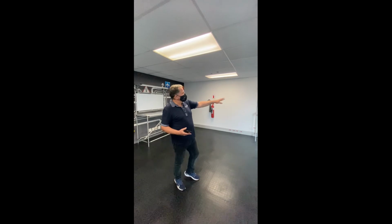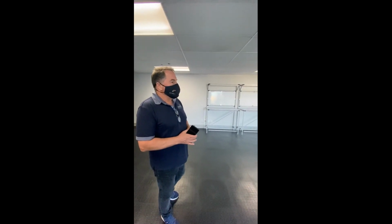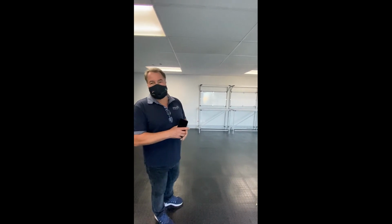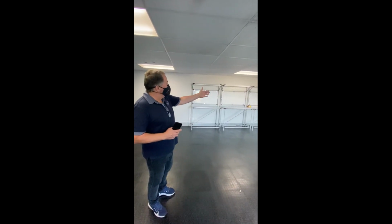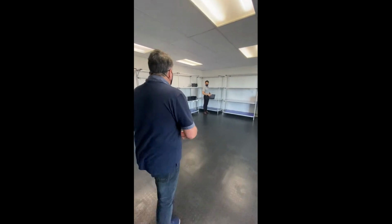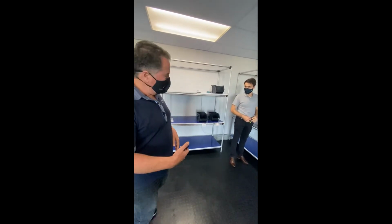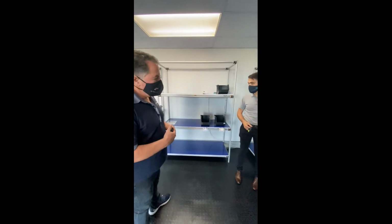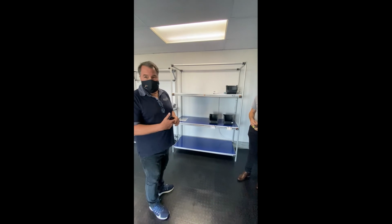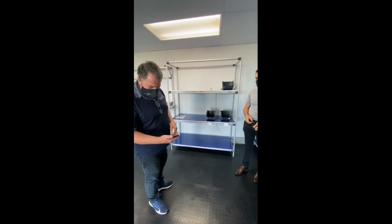So these are some of the tables where the guys will be doing some assemblies when we get some orders for our IoT devices. And then in the corner here is just a simulation of a pick-to-light system. In this particular case, what we are preparing for Isuzu. So we are just waiting for the computer to...